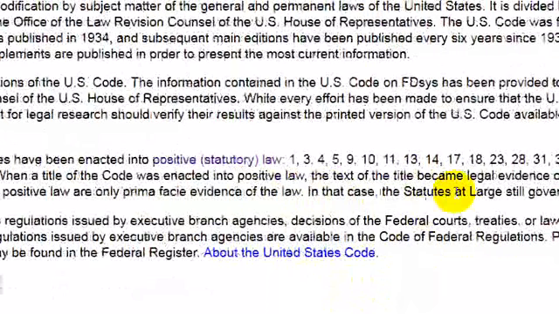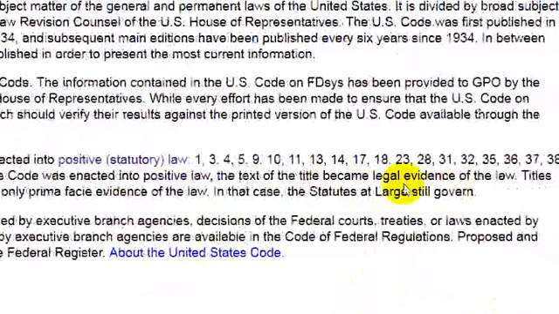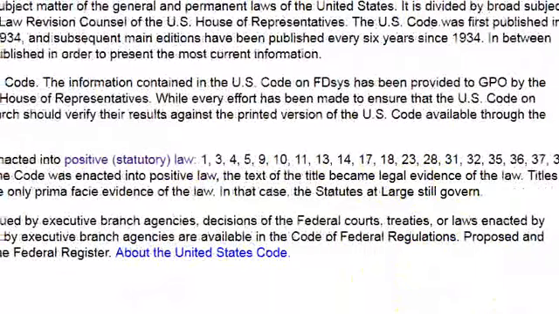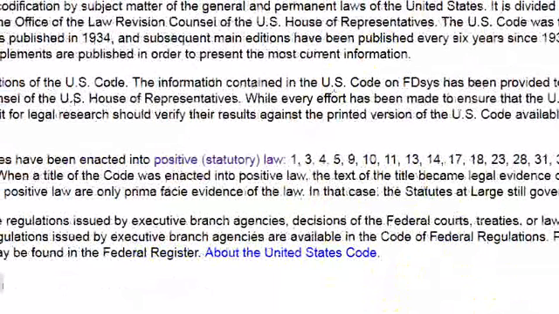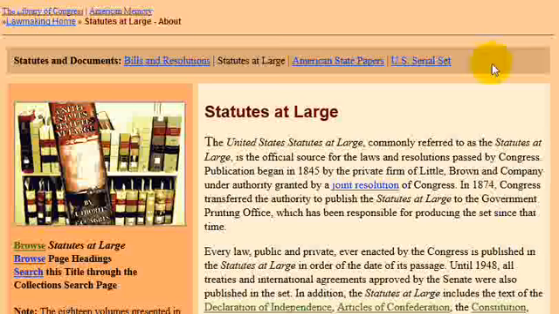In that case, the statutes at large still govern. Okay. I'm going to do a separate video on statutes at large. However, I'll just show you here the site, and the link to this site is